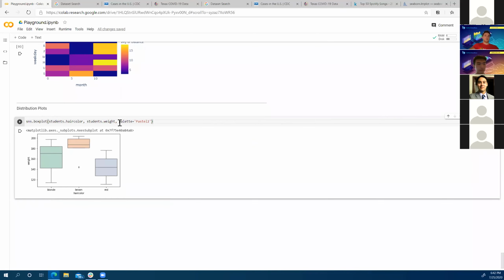So using this different palette of colors, which is gentler on the eye, I think there's different types you can probably look up. I think Adil, you just pulled up the different types of aggregation functions, which I appreciate. I'm sure that you can do a similar search for the different types of palettes that you can use. So here we've got students' hair color, students' weight, and this plot is the distribution of weight for particular types of hair colors.